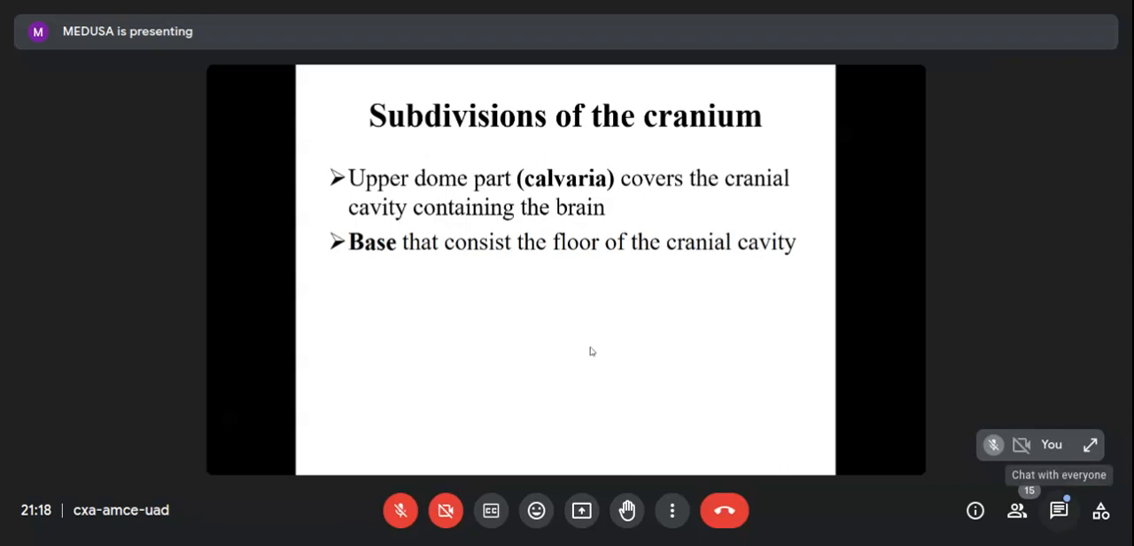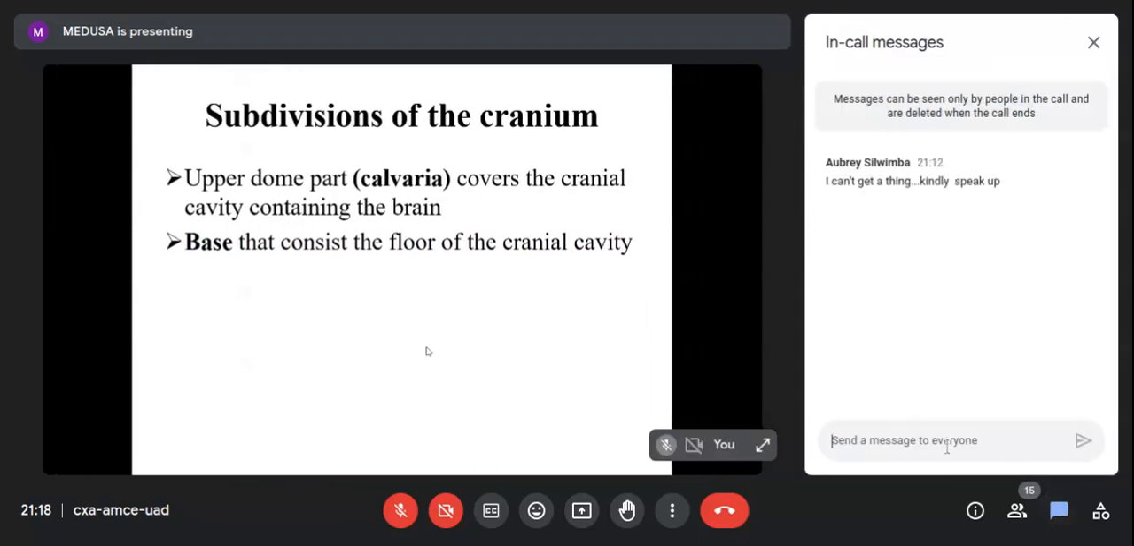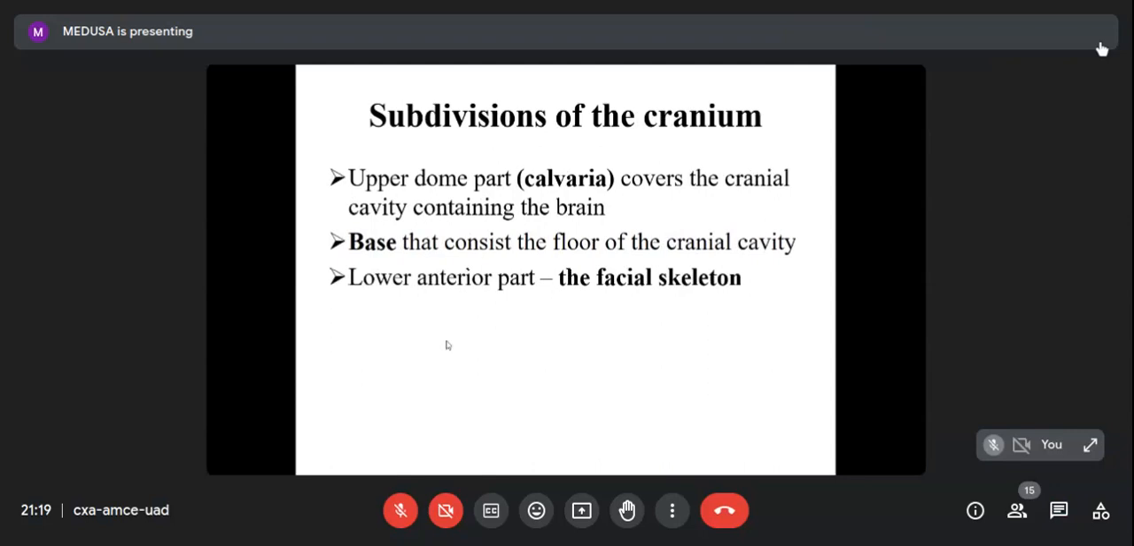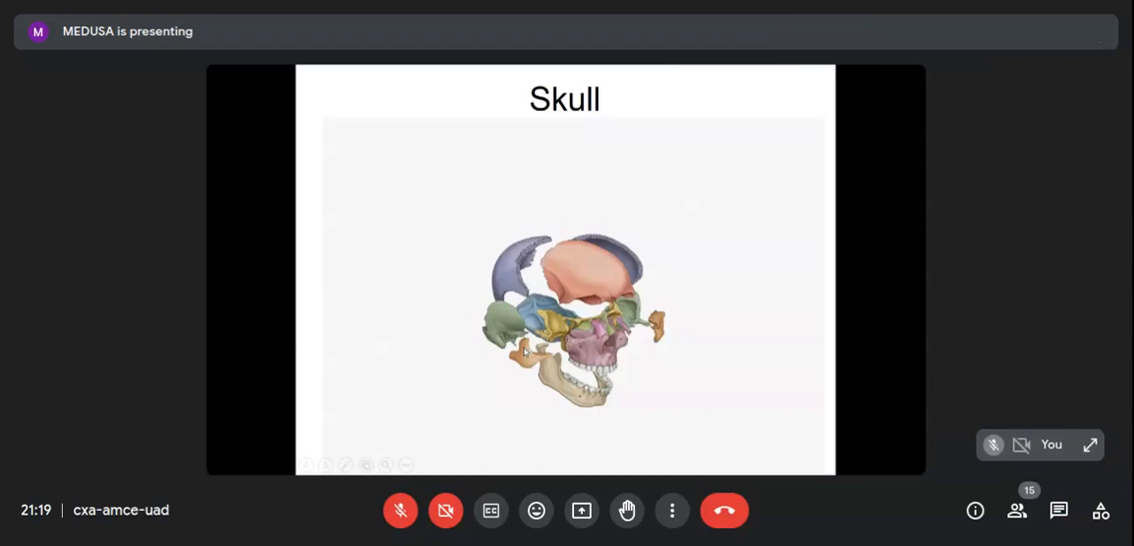We can talk of the foramen magnum, and also some few other foramina that we can talk about in the base. So it's very important to know the base even before we start looking at other structures apart from osteology. We should also know that we have the lower anterior part, which is the facial skeleton,